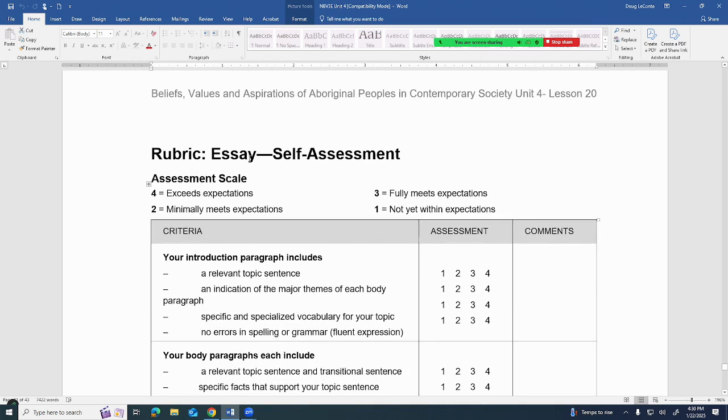And so the self-assessment is a type of learning that's really important in how we are able to make things meaningful for us